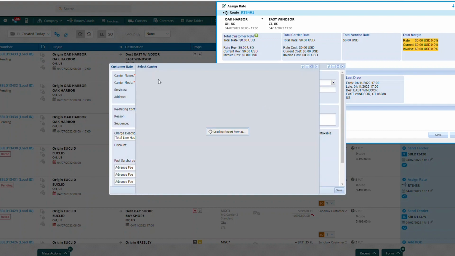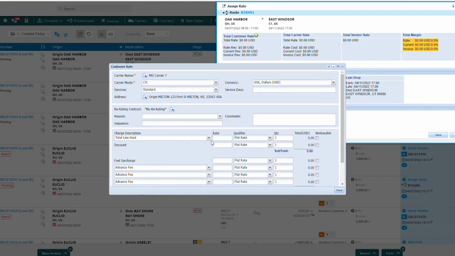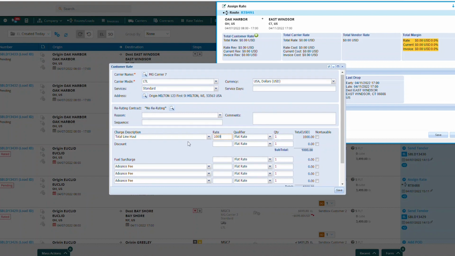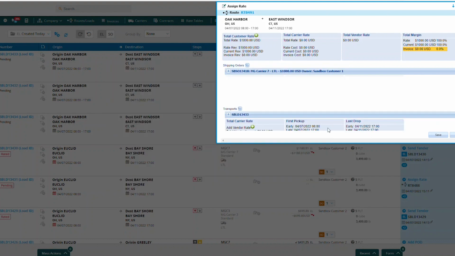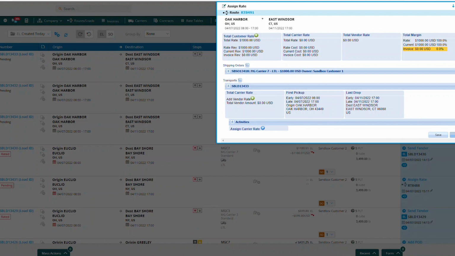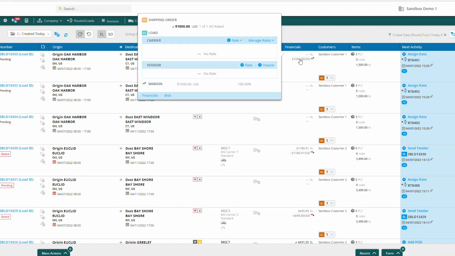And here you can add in your carrier. And I'm just going to put in a flat rate. To make it simple, you can add the fuel and any accessorials and select Save. And then Close. And now you can see from the route board here that we've added a $1,000